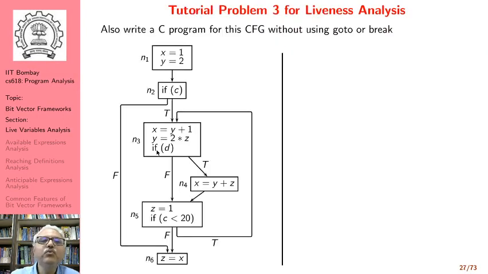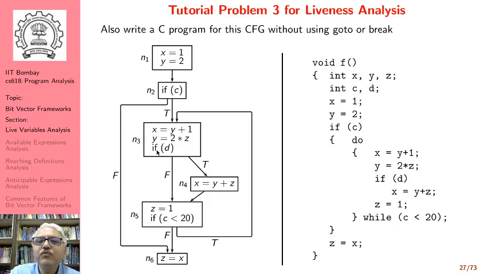So these are the answers to these questions. Let's move on to the next tutorial problem, which is again, now instead of giving a C program and asking you to write a control flow graph, I would like you to take a control flow graph and write a C program. The only condition is that you're not supposed to be using goto or a break statement in the C program, and this makes it very interesting. But again, because it's a pre-recorded lecture, we already have the control flow graph. I already have the program here. I suggest you please try to do it independently.